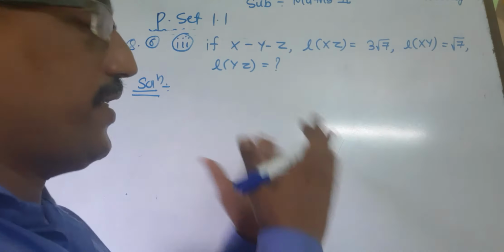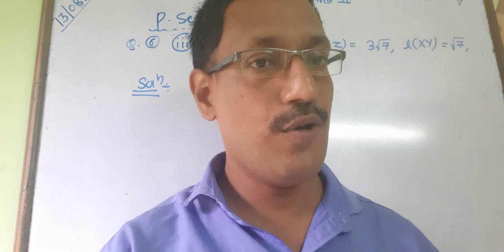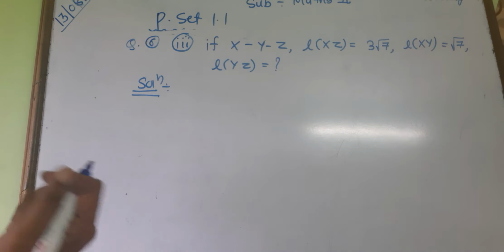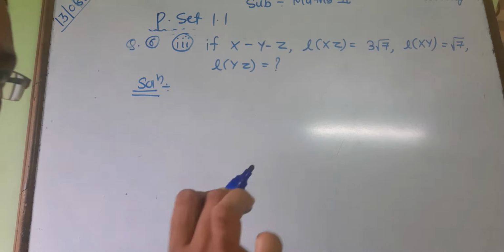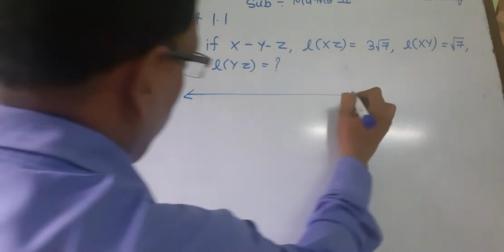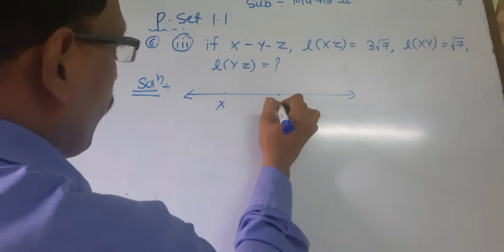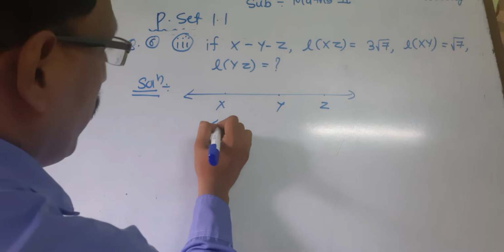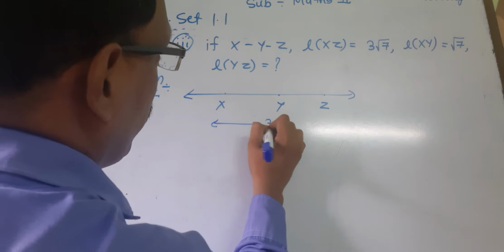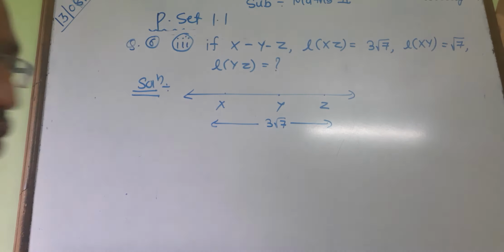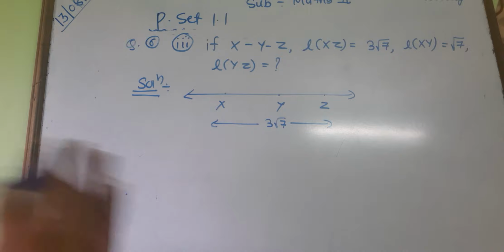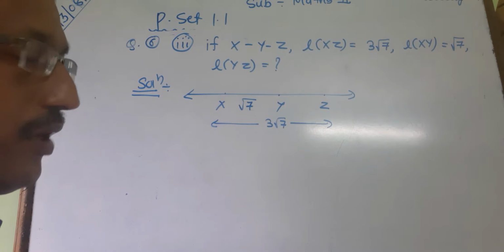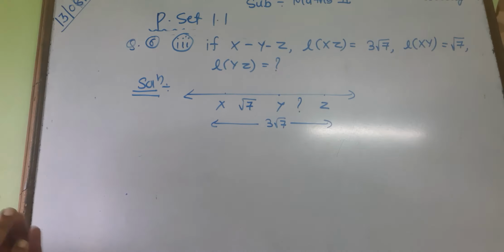Students, if you look at this diagram, it looks very difficult for you, but it's a very easy sum. So first, as I already explained, this betweenness is mentioned, so draw a sketch. आपको एक स्केच ड्रॉ करना है, आपको एक डायग्राम ड्रॉ करना है. अभी इसमें क्या है देखिए बच्चों, एग्जैक्ट डिस्टेंस इज गिवन 3 root 7. That means the total distance is 3 root 7. Correct? Now the distance between X and Y is given. It is root 7. So we have to find out the distance between Y and Z.